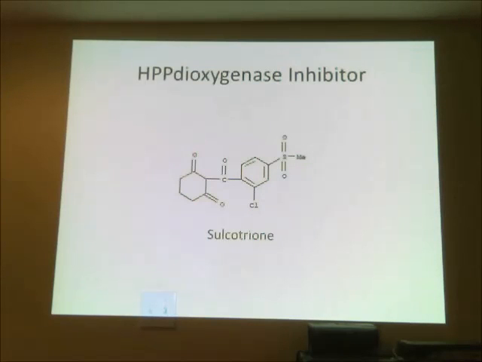And this is an HPPD (hydroxyphenylpyruvate dioxygenase) inhibitor, sulfotrione. This is a triketone. So you saw on a previous slide we talked about a triketone. So these C double bond O groups here are ketonic groups. Now, I have to tell you that back in the 1970s and the 1980s, the way compounds got developed